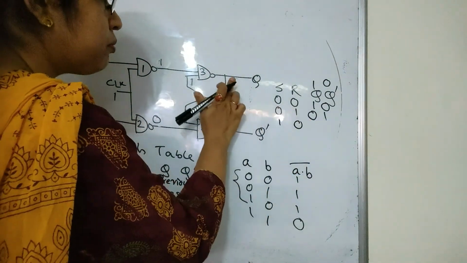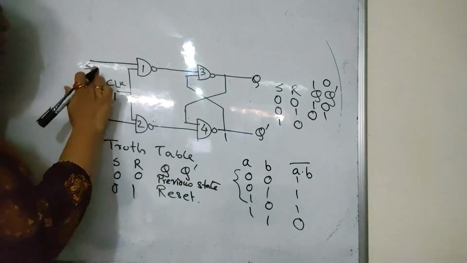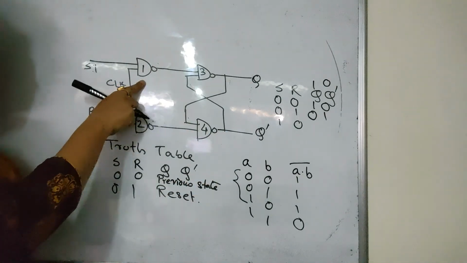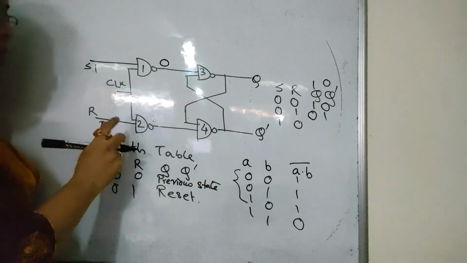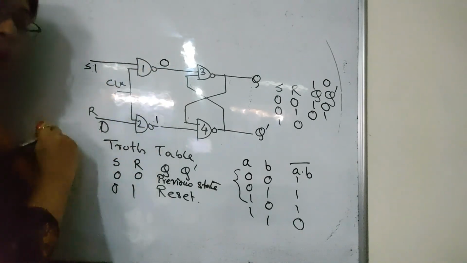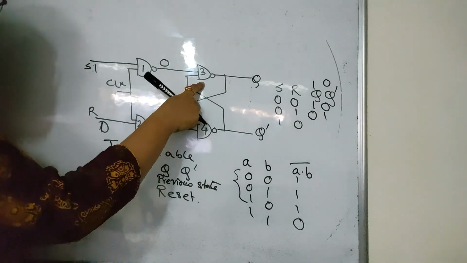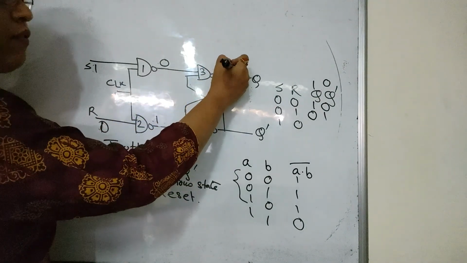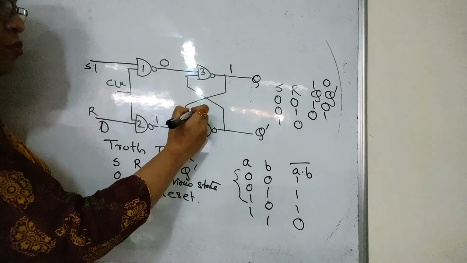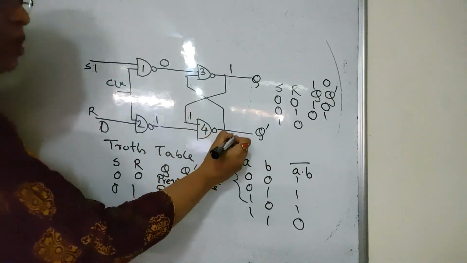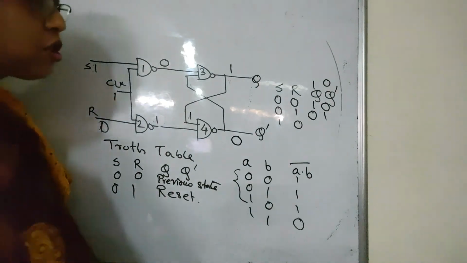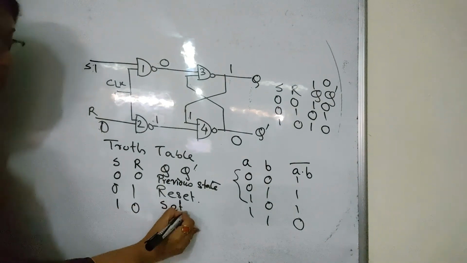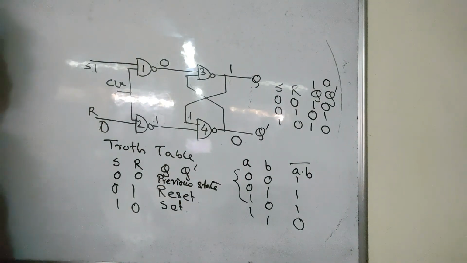S1 R0. When S is 1 and R is 0, again NAND gate number 1 is going to give us an output 0. NAND gate number 2 is going to give us an output of 1 according to the truth table. We will consider NAND gate number 3 because we take low inputs first. So NAND gate number 3 is going to give us a high output. This high output, when fed back into NAND gate number 4, is going to give us an output of 0 for Q dash. So Q becomes 1, Q dash becomes 0. That gives us the set state, just like the previous case.